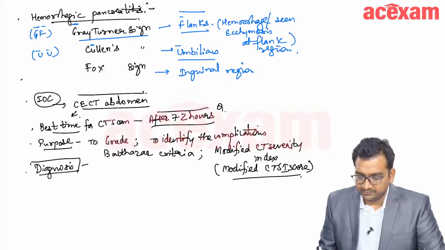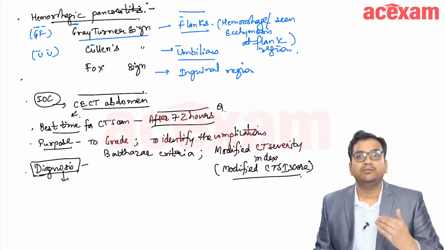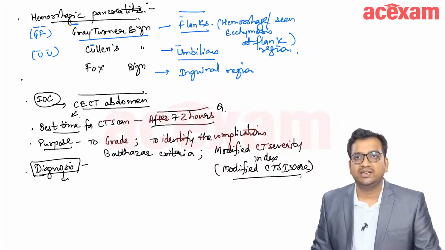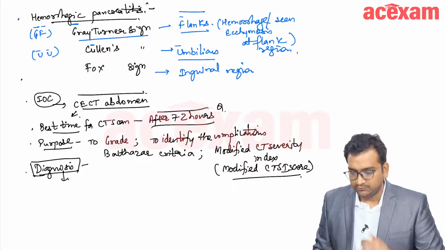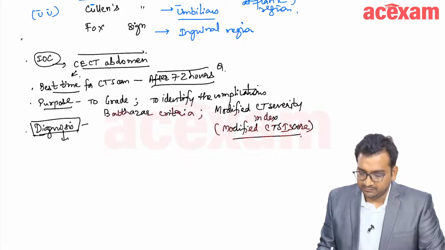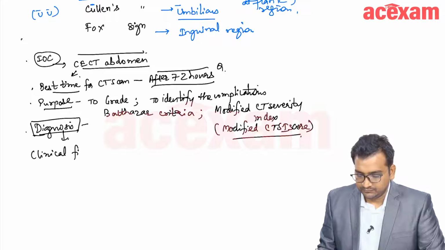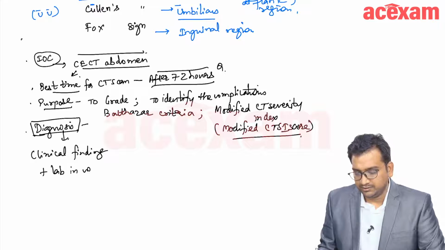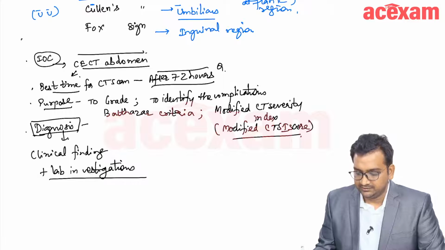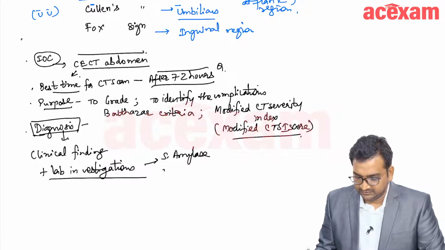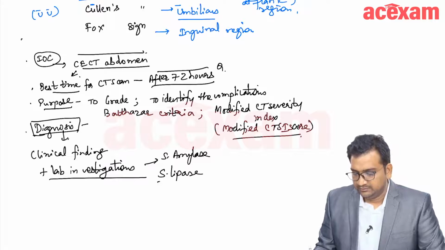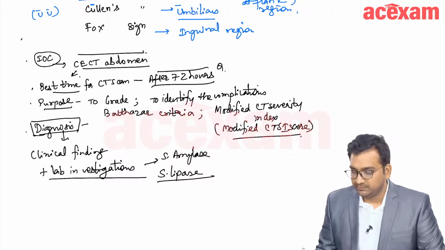Suppose the patient is coming to us with complaints of abdominal pain, we cannot wait for 72 hours to make a diagnosis clinically and to start the treatment. So for that, the diagnosis is made based on clinical findings plus lab investigations. Okay, and what all lab investigations are we getting done? The lab investigations are serum amylase and lipase. So lipase is more specific,